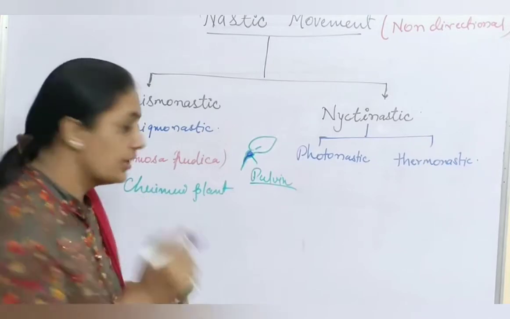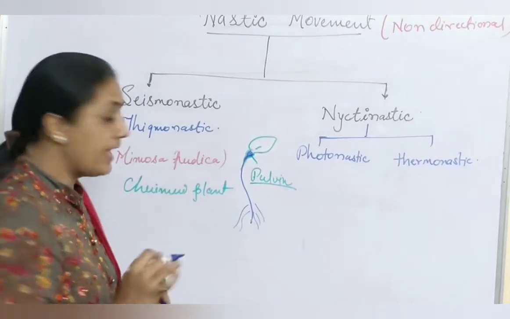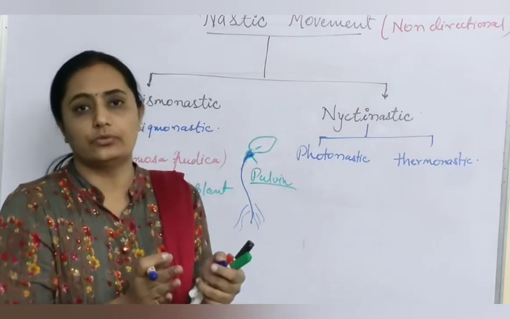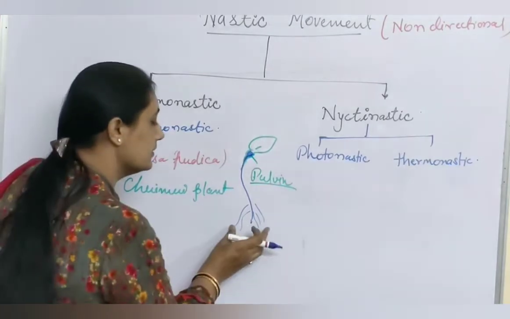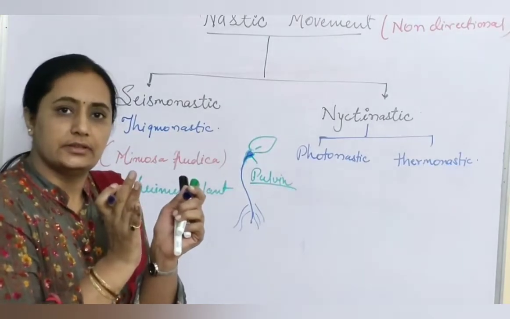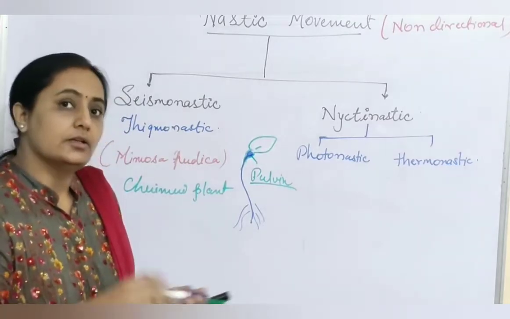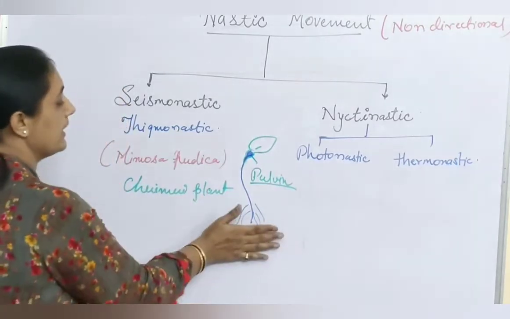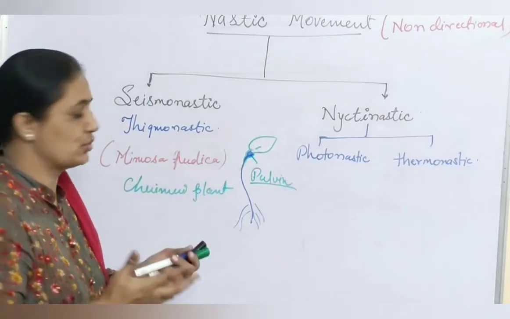As soon as we touch, immediately this water goes down and is stored in the roots. As a result, the leaves become loose, and because of the looseness, they fold down. That is the response shown by the plant. Within some seconds, this water comes up again and accumulates in the pulvinus and makes the leaves straight, right? Clear? So that is how the mimosa plant shows movement of folding or dropping the leaves only because of certain stimuli, but not in the direction of the stimuli. The whole plant will show it.